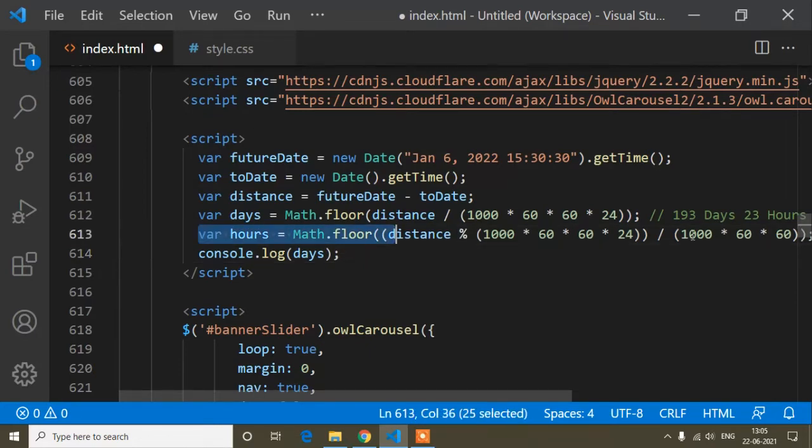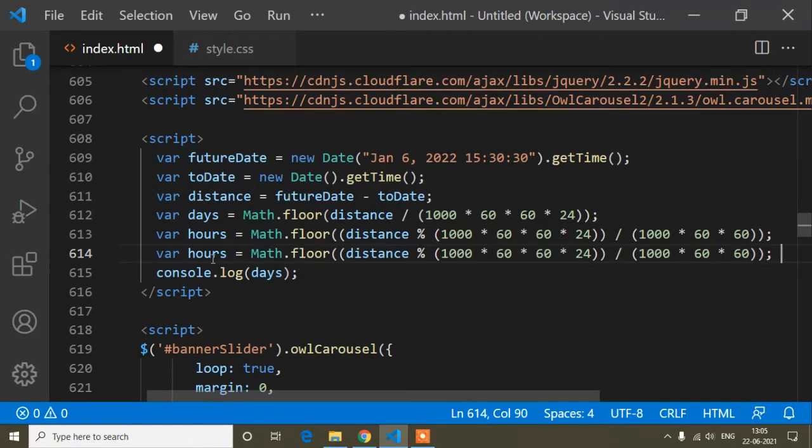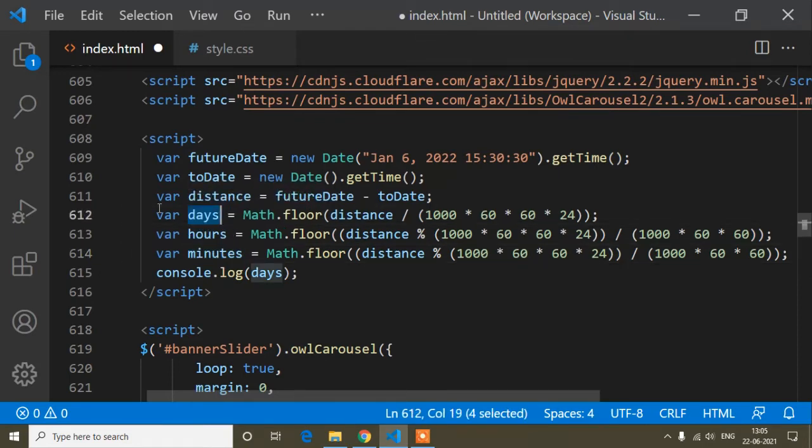So here I will just copy, and I hope guys it's clear how the calculation is working. Now instead of hours, here I will write the variable name as minutes, but you can write any name for this variable. But if instead of days you write the variable name hours, it would not be related. And after your coding, the developer who starts to write code here cannot understand the reason for writing this type of name. So that's why we should always write related names, like here I'm getting days, so I have written the variable name as day, like this.